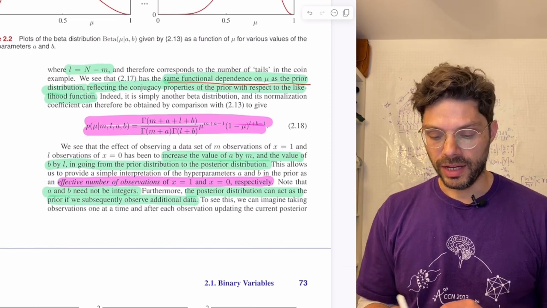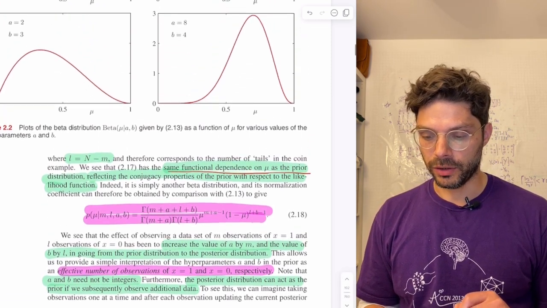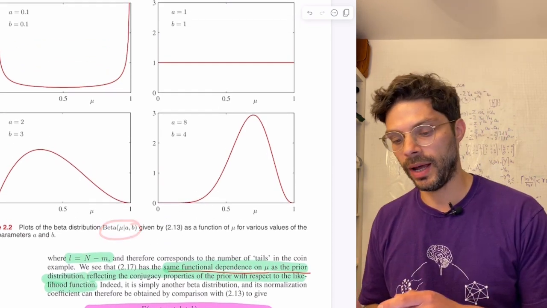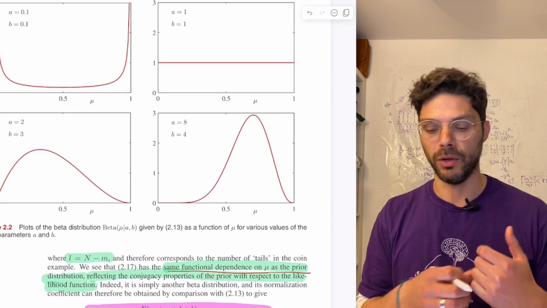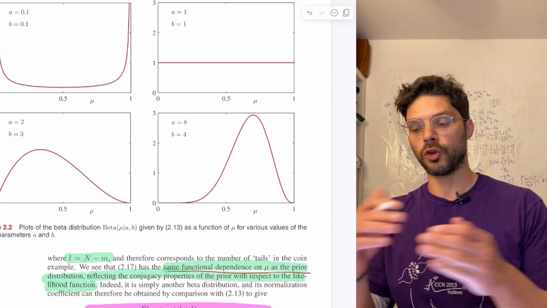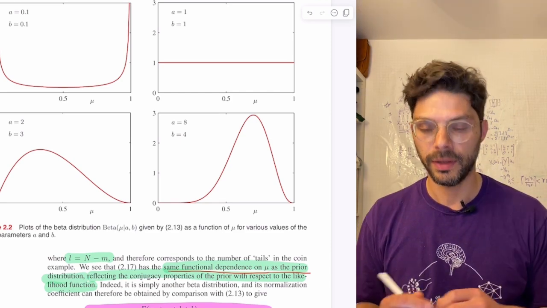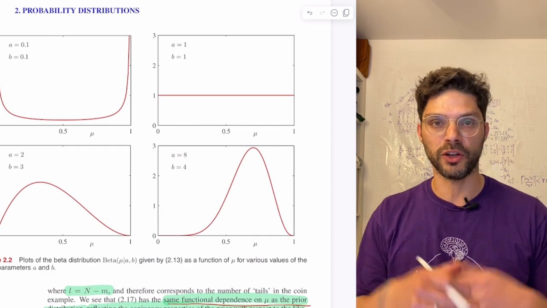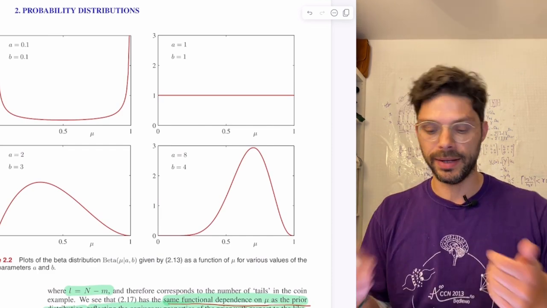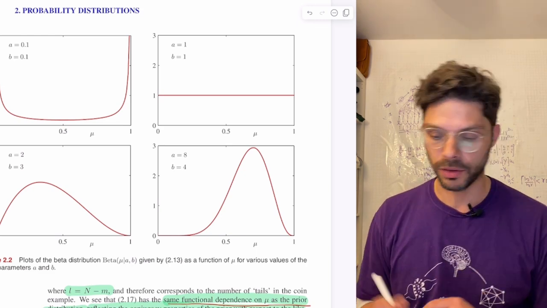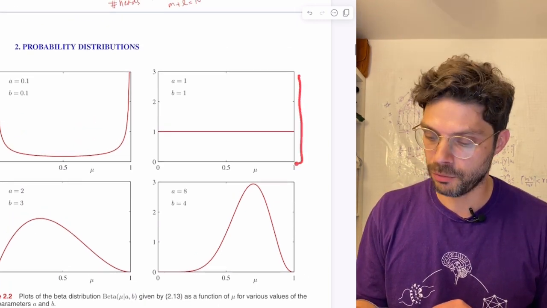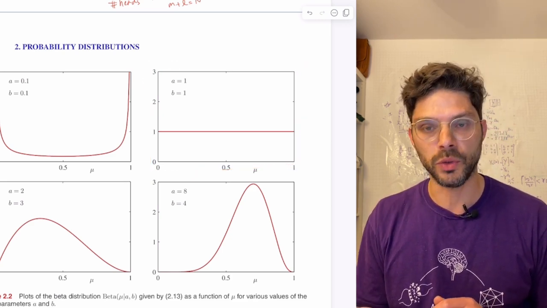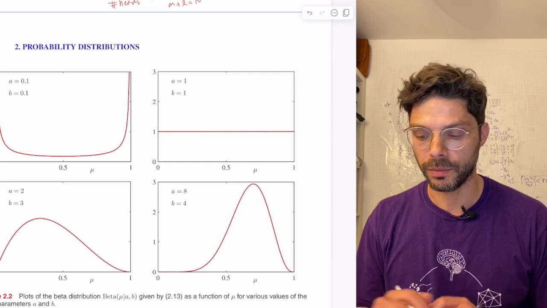So the cool thing is a and b don't have to be integers. So this might be a good point to actually look at this distribution. This is the beta distribution for a and b. Remember, a is the number of heads, b is the number of tails. So this is going to give you a distribution on mu, your parameter, that captures your prior belief on mu, given you having seen that many heads and tails. So for example, in this one up here, you've seen one head and one tail, and so you essentially have a uniform distribution over all of mu. So there's no